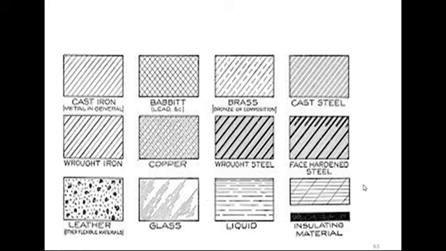The next one is insulator material. If there is an insulator material, then the hatching pattern is like this. So this is a very important thing we are required to keep in mind. While different materials are available, on the basis of this we are required to use different kinds of patterns for hatching.